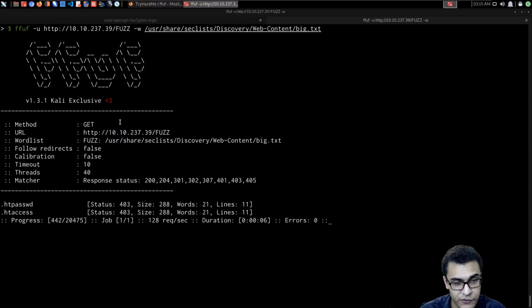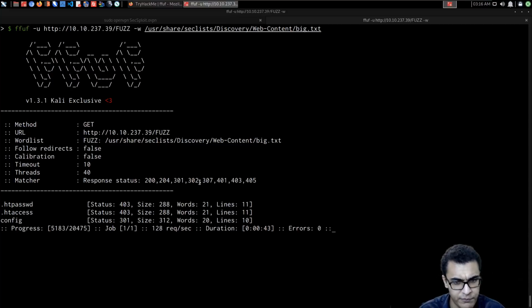This tool is written in Go, so it's very similar to GoBuster, although I know I'm going to get a lot of flak for saying that, but it works very similarly in that you can specify the amount of threads you want to use. And of course, it provides you with relevant information as to the parameters that you specified. So for example, the method it's using is GET, the URL, the word list, follow redirects is set to false, which means it's disabled. Calibration is set to false. The default timeout is set to 10 seconds. The default threads have been set to 40, and the matcher is going to display the following response codes. So, 200, 204, 301, 302, so on and so forth, but no 500 status codes here,